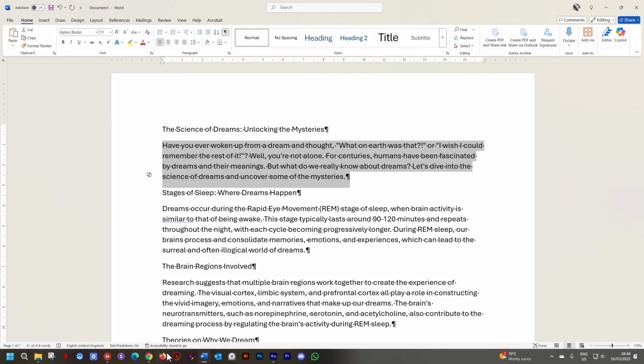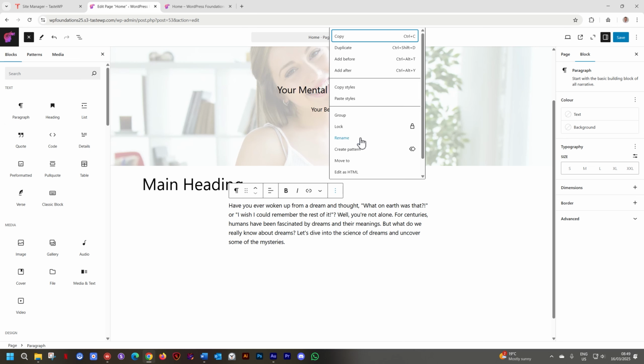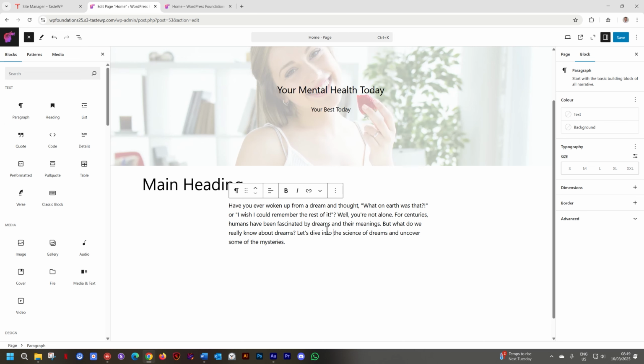Copy, paste the text, and we do the same. Or can we? What's going on here? This paragraph element doesn't allow me to make it happen. I don't have control. How can I make sure this is the same width as this main heading?